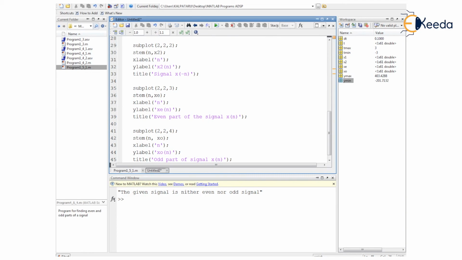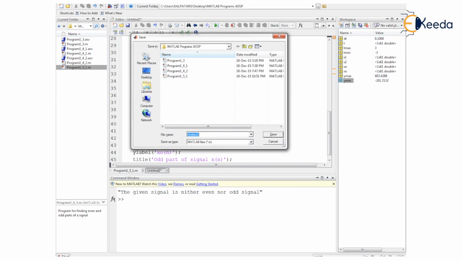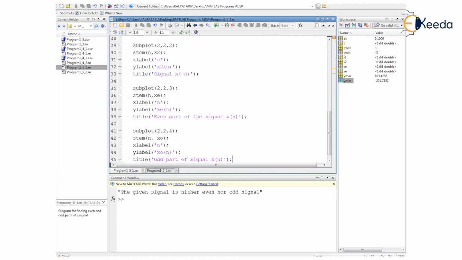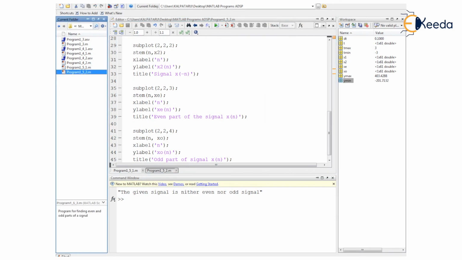Still our script is untitled. We have to save it, saving it to the current directory. Let us have this to be the second part of the fifth topic. So I just write program 1 underscore 5 underscore 2 here, as this is the first chapter. So this is 1 underscore 5 underscore 2. .m is the file extension. So I have saved it. The same name has been generated for a new file that is saved in the current folder.